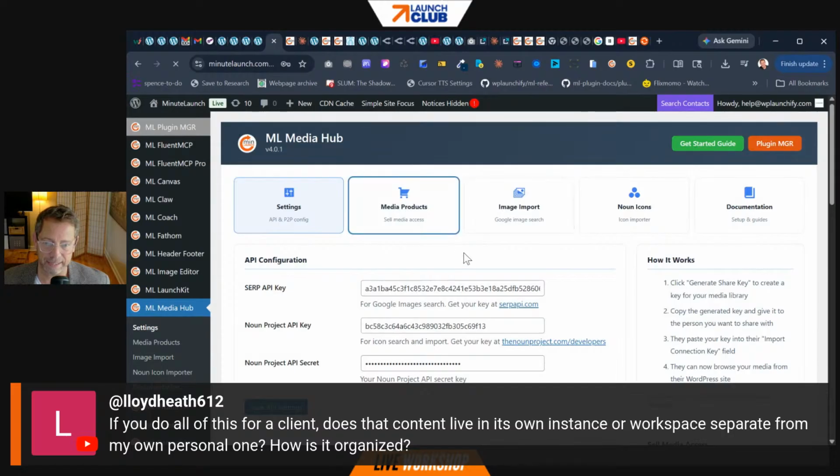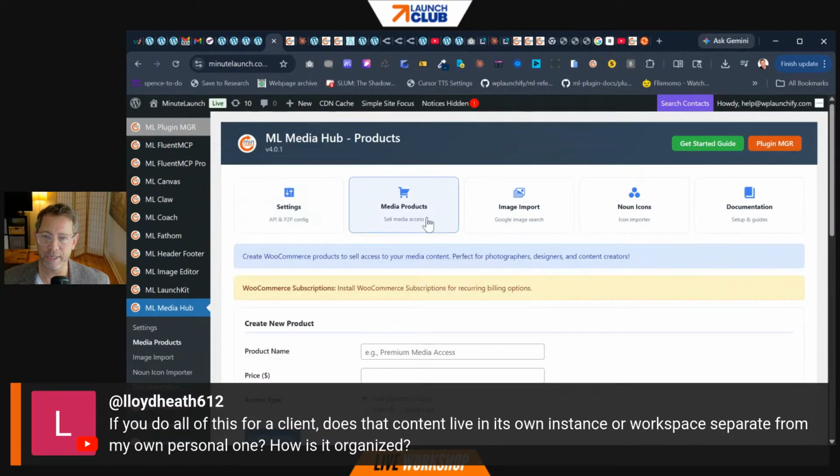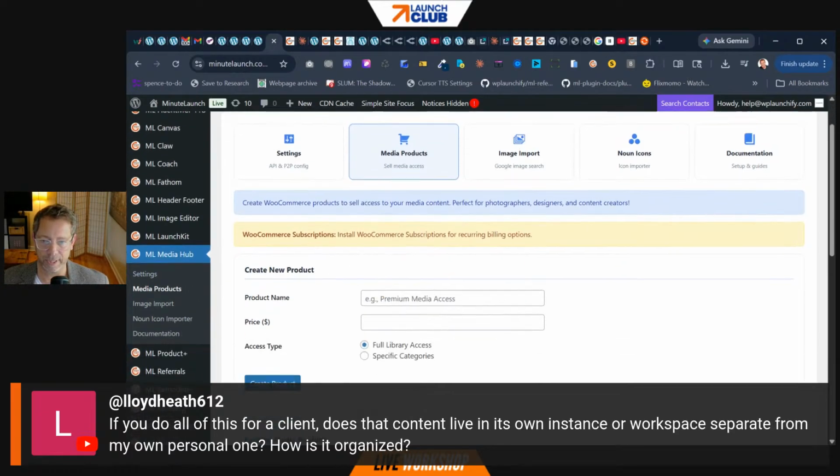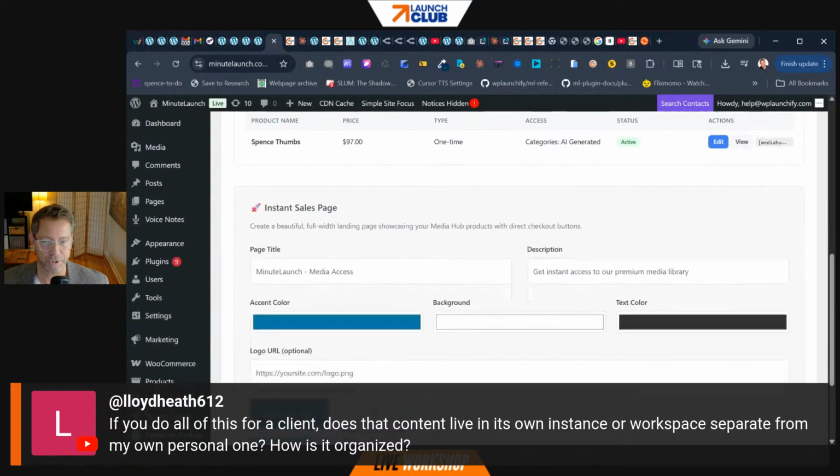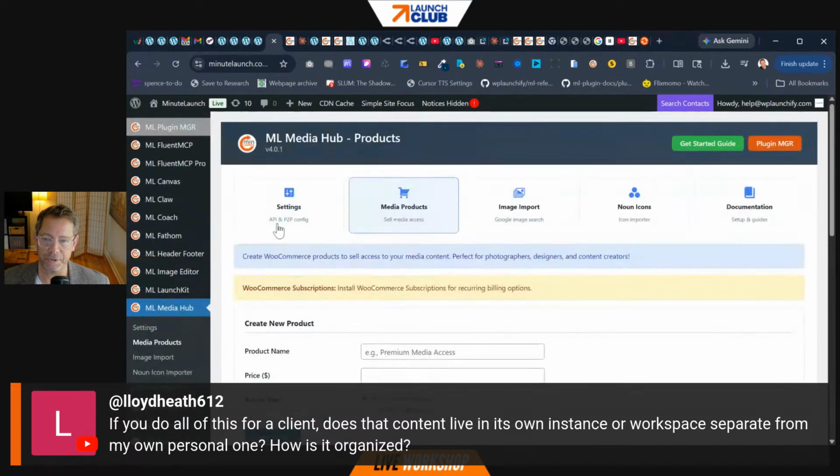Sell media access. I think this would be an interesting way to do it. So in other words, you have all the production on your studio and your site, make the stuff for the clients, and then just share the stuff you create for them using the Media Hub. I think that would work really pretty well. I don't know if that makes sense to you, but all you need to do for this is